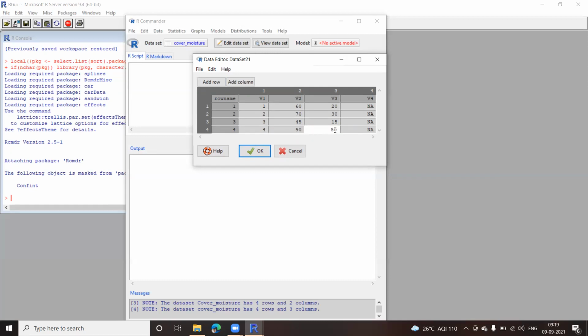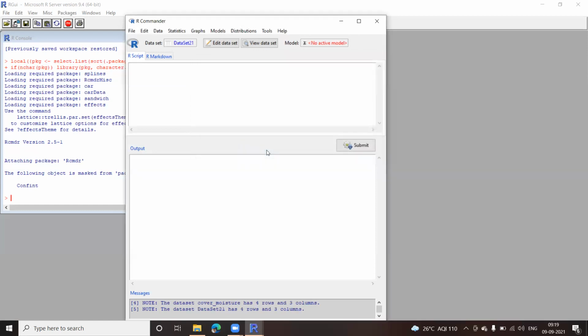Okay. Now I have got one additional column which I can easily delete. So I can go to this edit option. We have this delete current column. But because I'm not in the current column, I'll press here, I click on edit, and I can see delete current column. Okay, I get 3 columns now. Now the variable names can also be changed, but I won't do it here. I'll show you how to do it. So I click on OK here. Right? Data set has been created for me, and here you can see it is now data set 21.